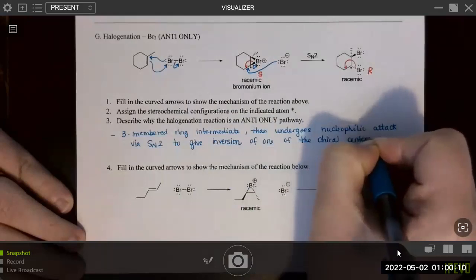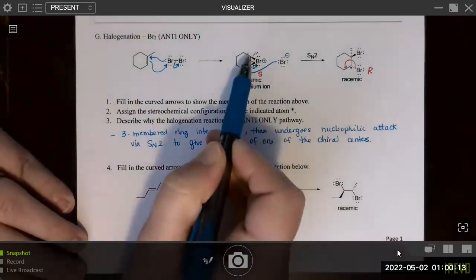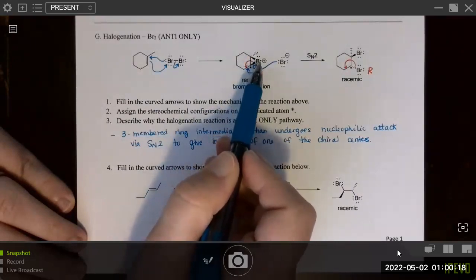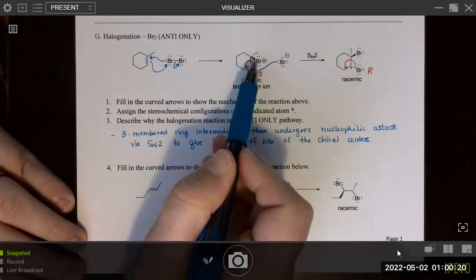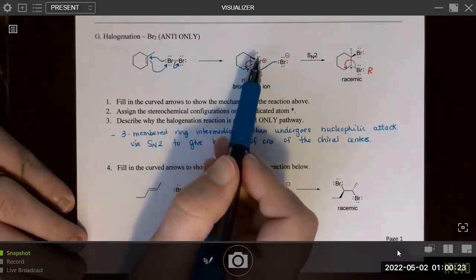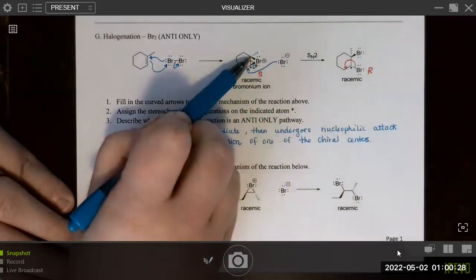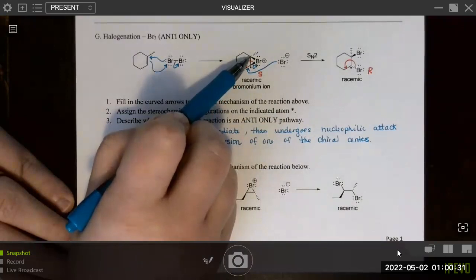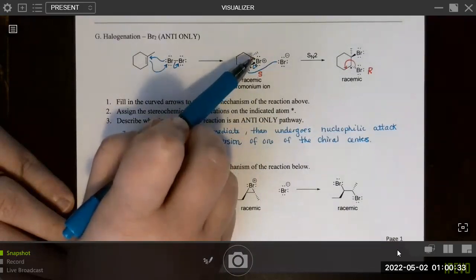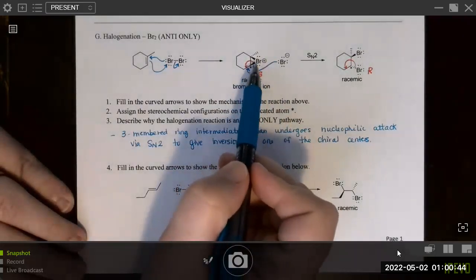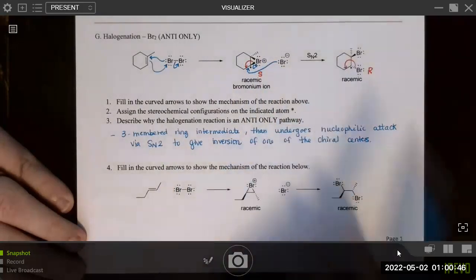Recall that 3-membered rings, the bonds to the group will always have to be on the same side because it's impossible for bromine to be on a wedge and then so basically be coming out and then also attaching to the back side of the other carbon. The definition, it's a small ring, so if the bromine is coming out, then the other bond to the bromine from the next door neighbor carbon also has to be in the same relative orientation. Because this is syn, we get inversion at one of the carbons, and we will end up with the anti.